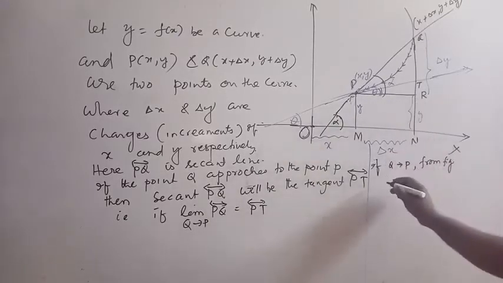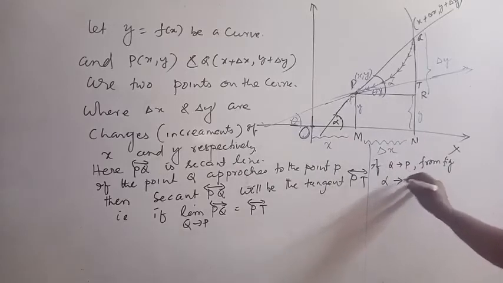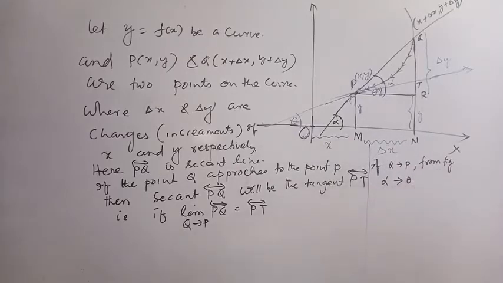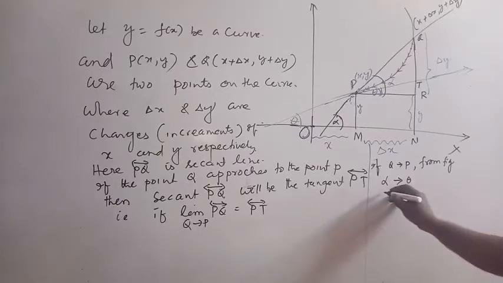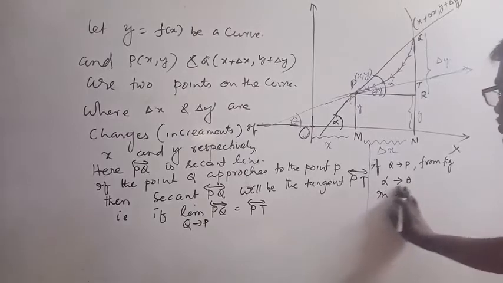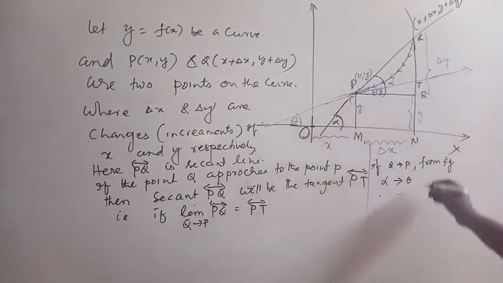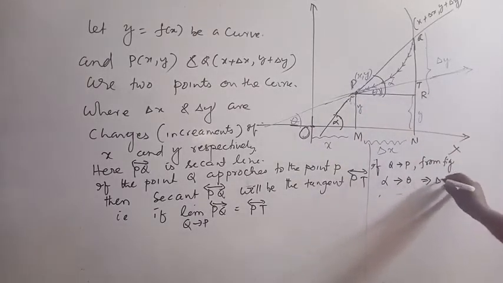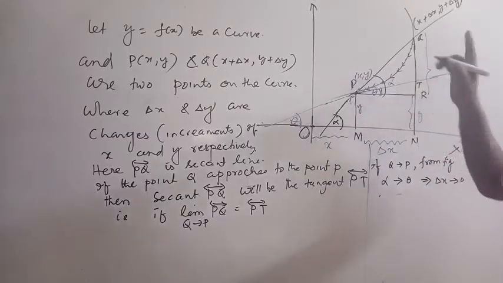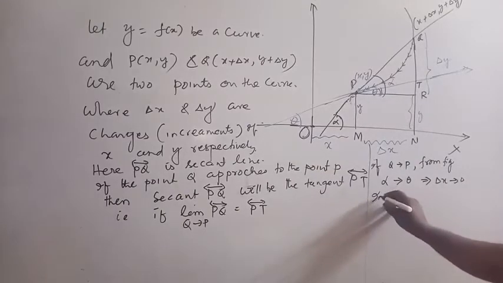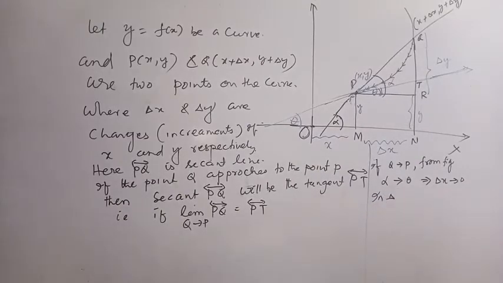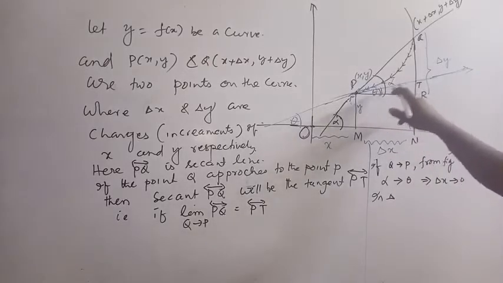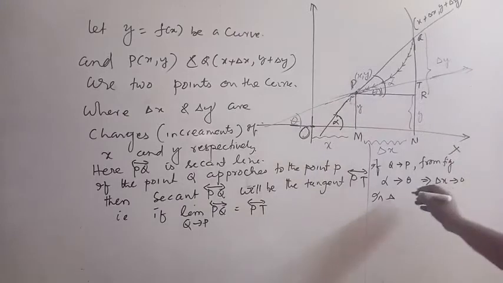and alpha changes to what? Alpha tends to theta. In the triangle, alpha tends to theta. Alpha tends to theta implies del x tends to what? Del x tends to 0. And in triangle PRQ,